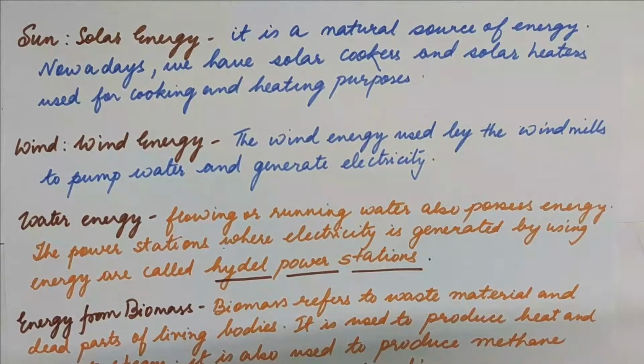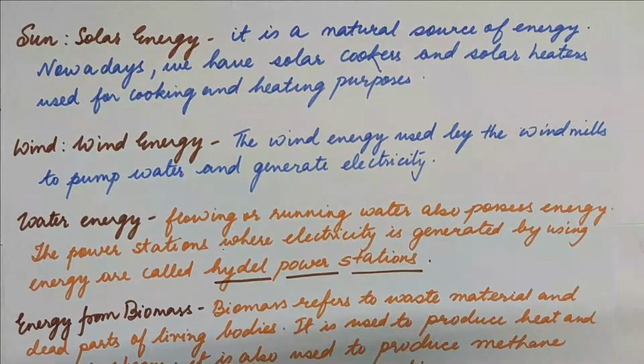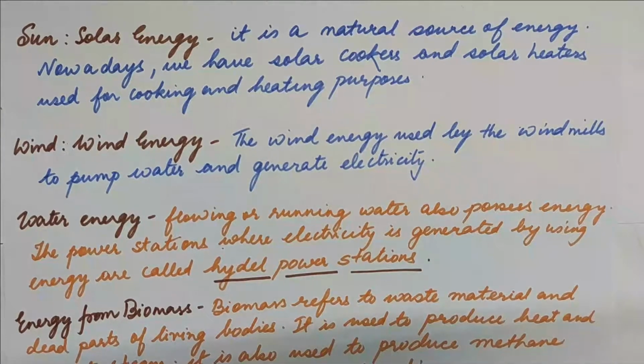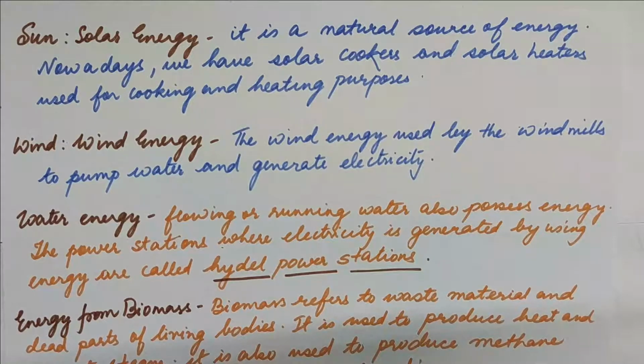Now, quickly recap the different kinds of energy that is around us, the various renewable and non-renewable basic energies that you use in our day-to-day lives, like the sun's energy, which is called the solar energy. It is a natural source of energy. And nowadays we are also using it for making the solar cookers, solar heaters, solar cells, which are used for cooking, heating, and many electrical purposes also. And the one which I have already told is that sun's energy being used by the plants.